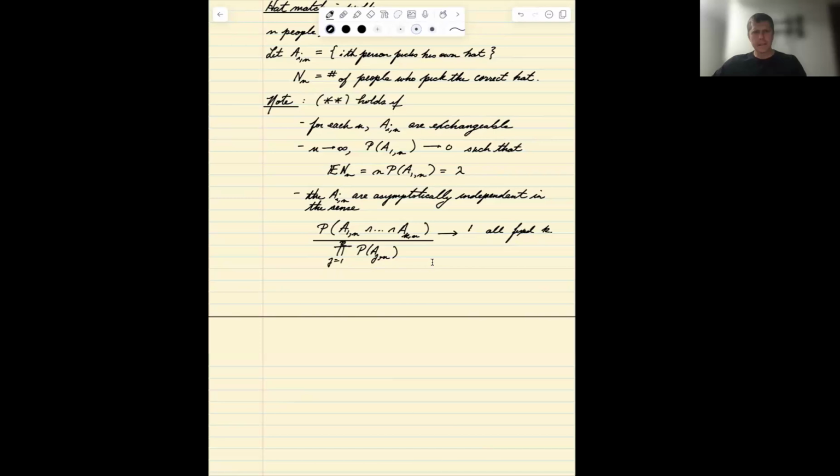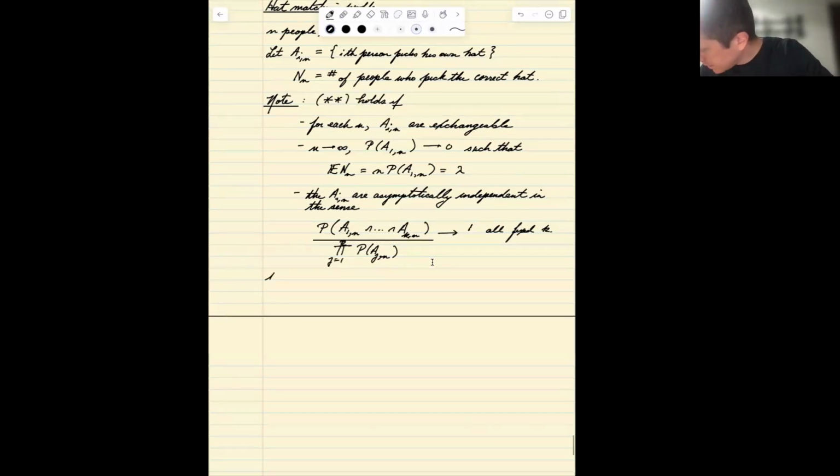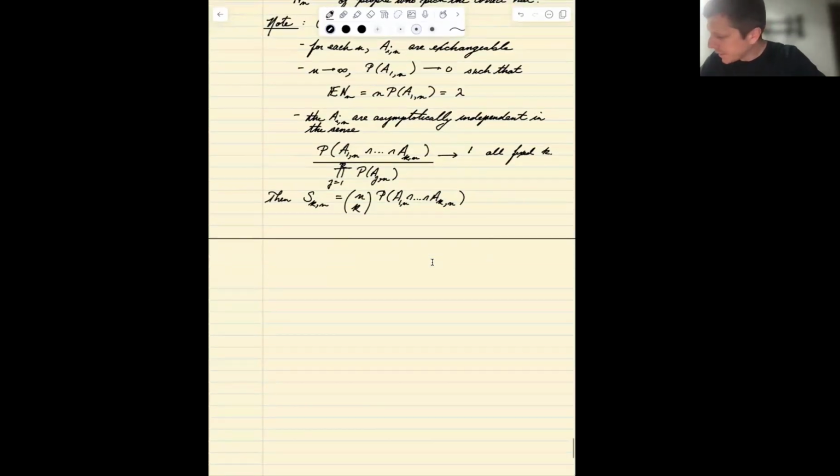Then in this case, the value of S_kn, which is n choose k times the probability of A_1 intersect through A_k, well, we can write n choose k as 1 over k factorial,